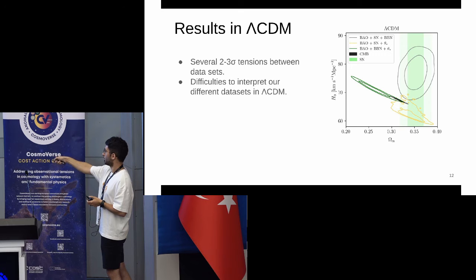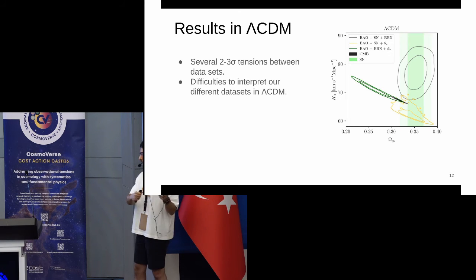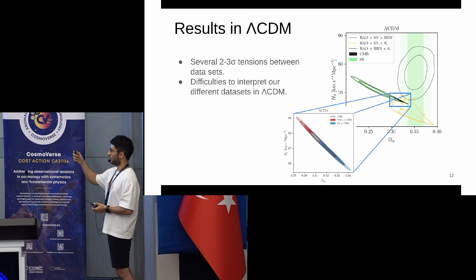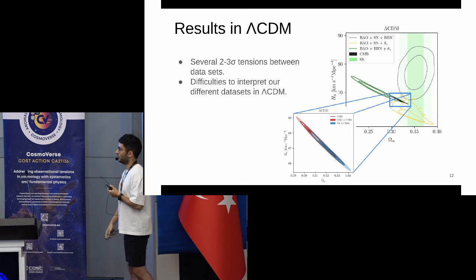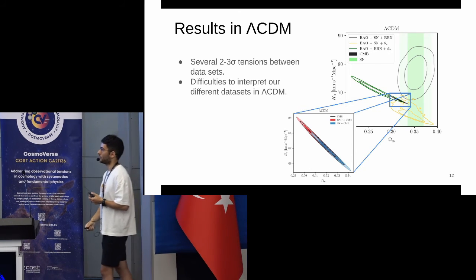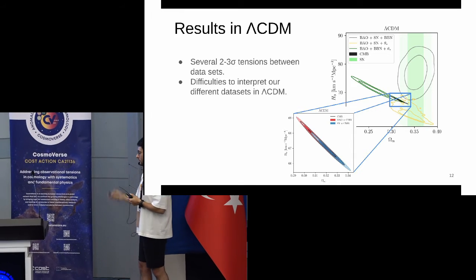Here in black, I'm showing the CMB. The CMB is very constraining in Lambda CDM by itself. However, if we add our BAO, that's going to move the CMB constraints to larger values of H0, lower values of omega matter. And on the other hand, if we include type 1a supernovae, that's going to go in the other direction. So basically, BAO and supernovae are pushing the contours in different directions in the parameter space, which is one of the reasons why we move to extended models.